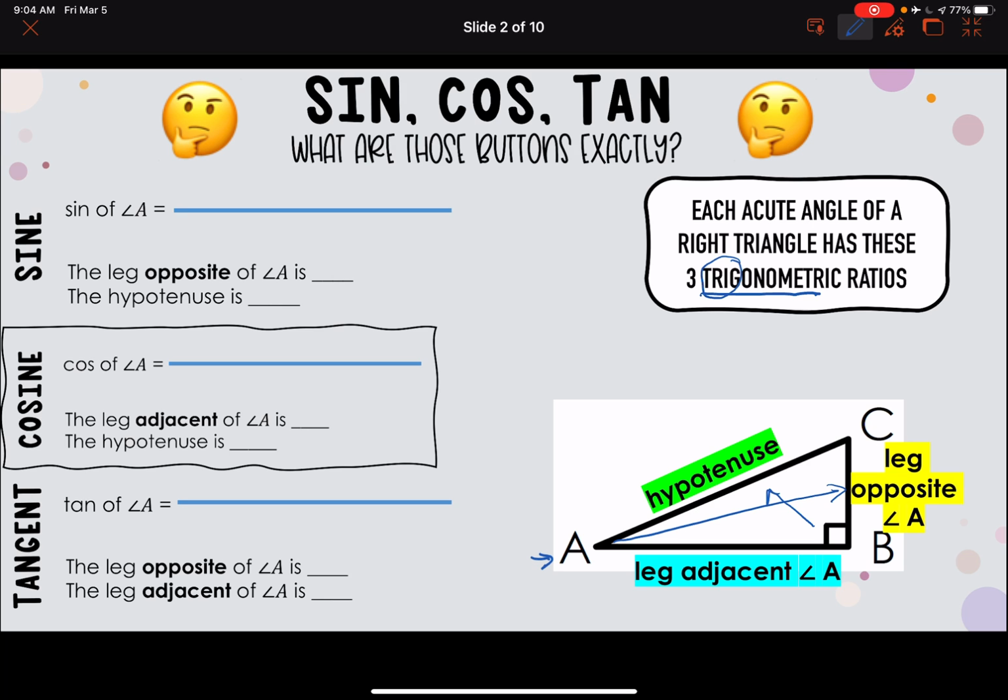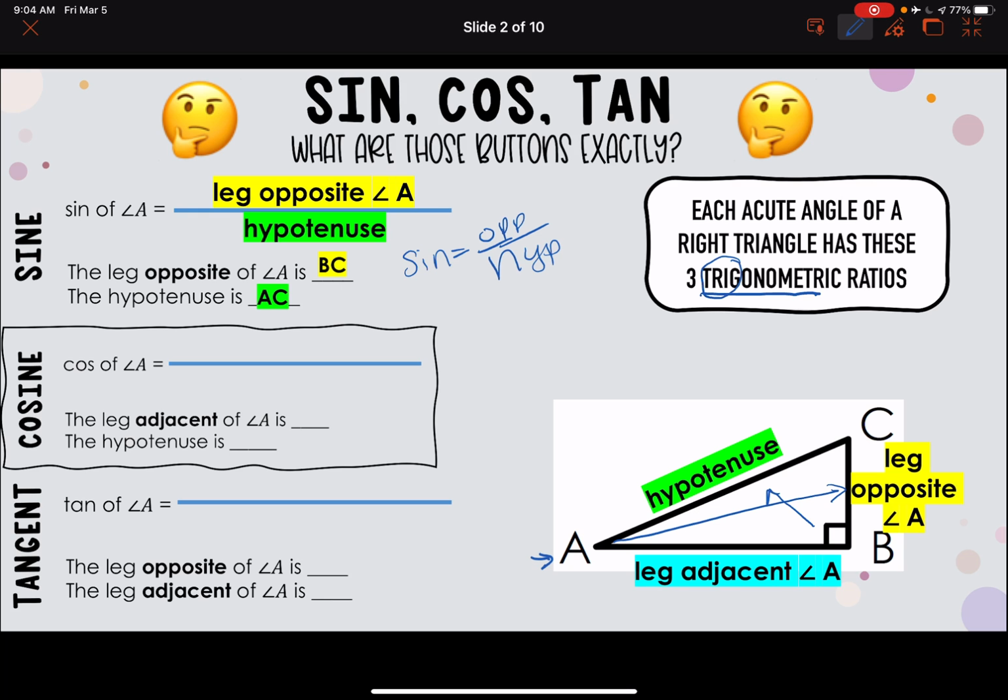The sine of angle A would be the leg opposite angle A over the hypotenuse. So the leg opposite of angle A is BC and the hypotenuse is AC. This ratio can tell me what the angle is or the side is, and we'll talk about why each of these things are there to begin with. All right, so just remember, sine is opposite over hypotenuse